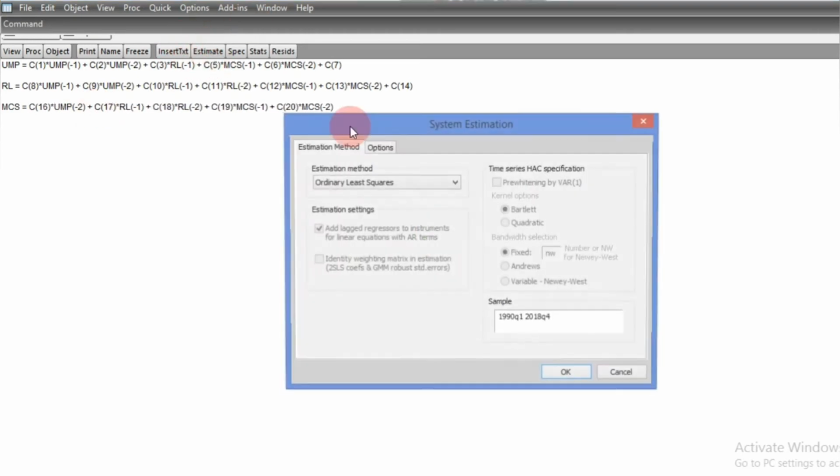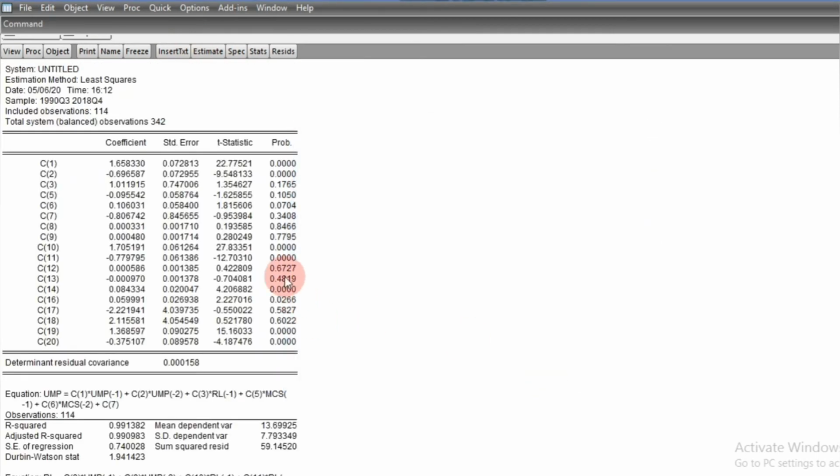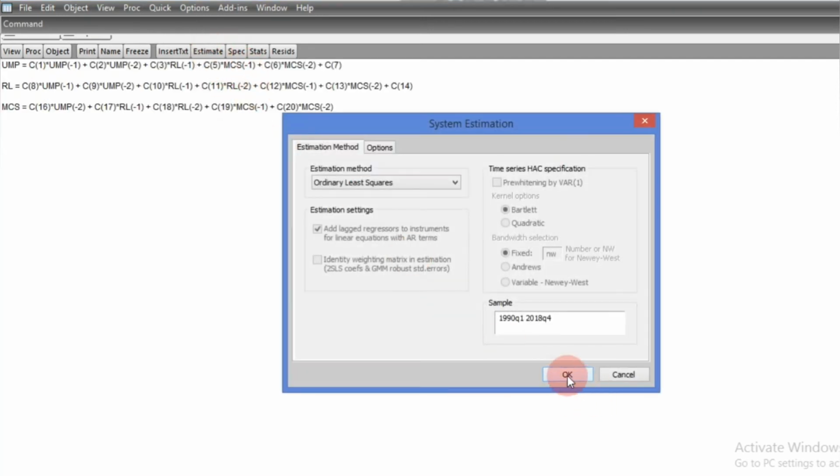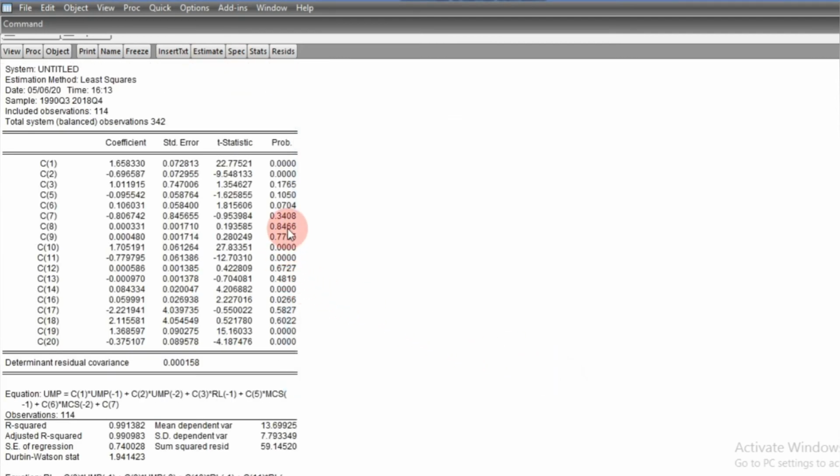Okay, we estimate back, and we saw that here the highest p-value is 0.84, and that 0.84 corresponds to C8.